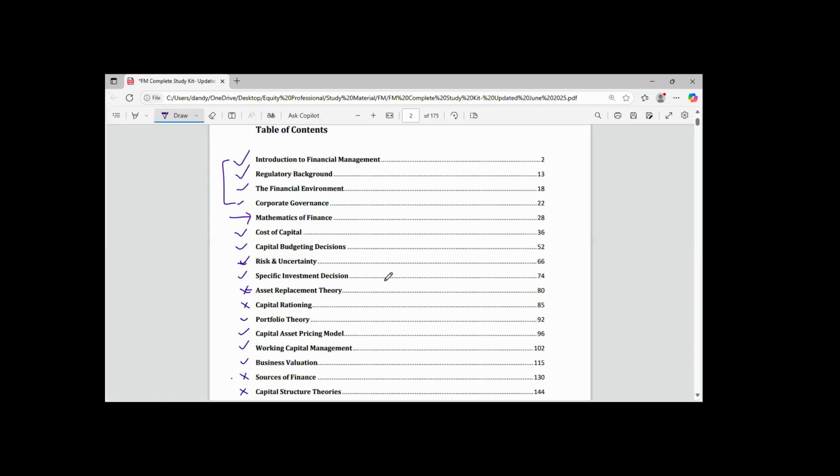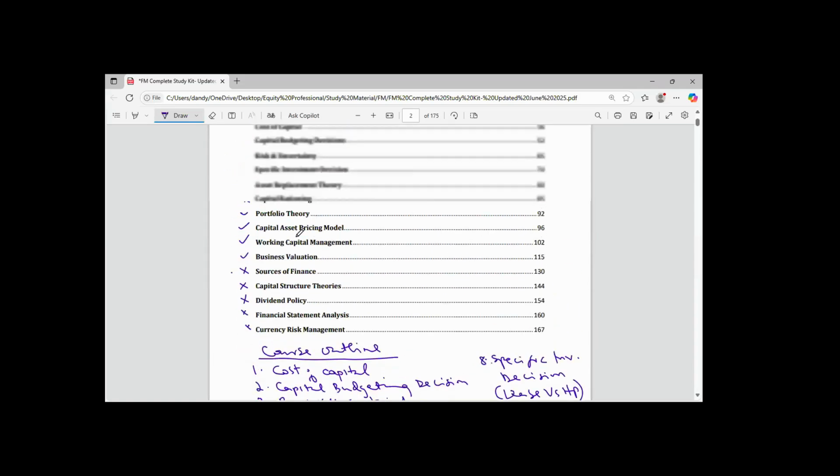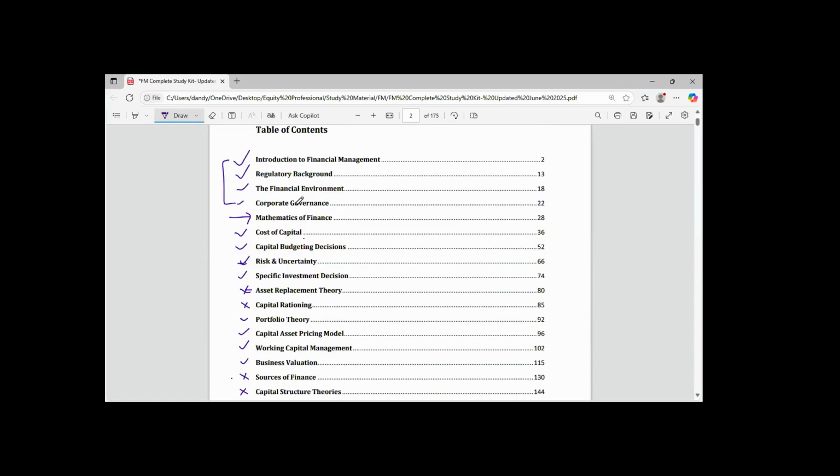Let the class begin. So we are going to be starting with cost of capital. Now, what do you understand by cost of capital? Before we go there, let me tell you one or two things that you need to take into consideration as far as this diet is concerned. I want to be sure you can hear me. Please say hi.